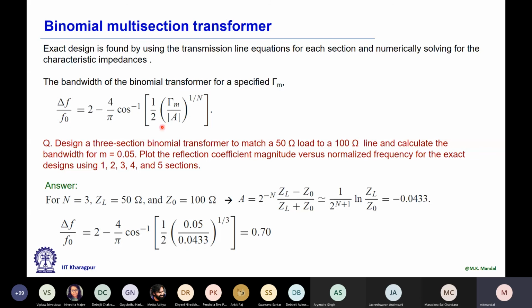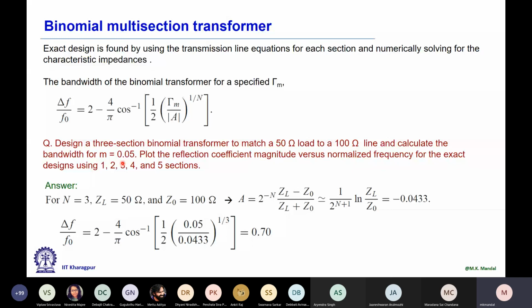Let us take one numerical example. Design a 3-section binomial transformer to match a 50 ohm load to a 100 ohm line, and calculate the bandwidth for gamma m equal to 0.05. So reflected power is less than 5%. Plot the reflection coefficient. So without MATLAB,